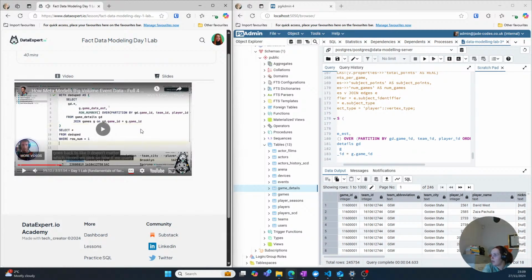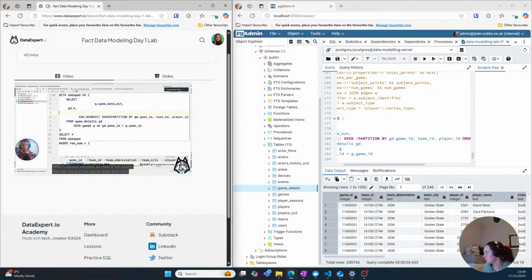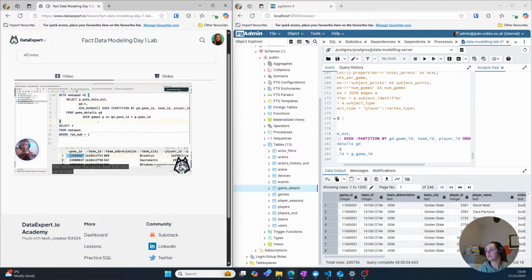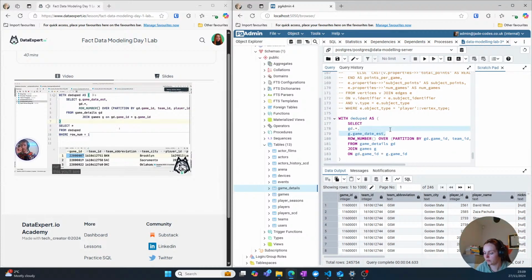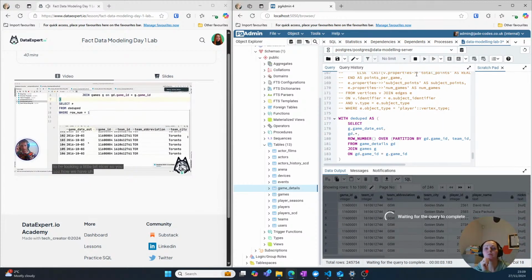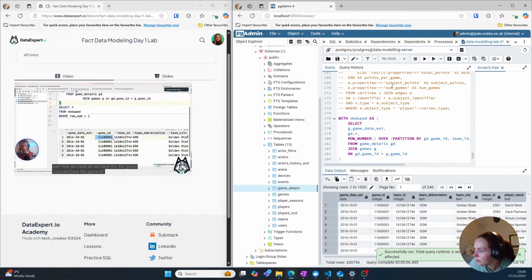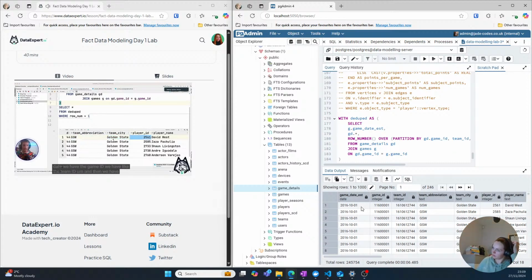If we query this, let me put the game date first and format things a little bit. So if we run this, you'll see this code is now looking a little bit nicer. You see how we have the game date, the game ID, the team ID, and then the player